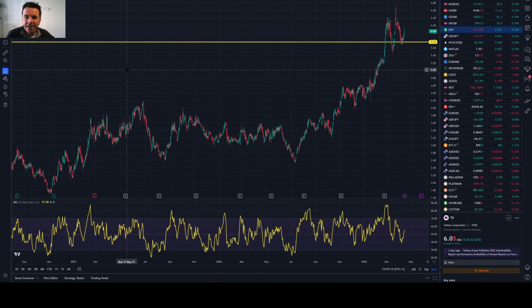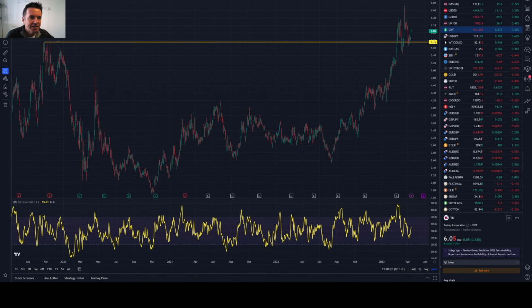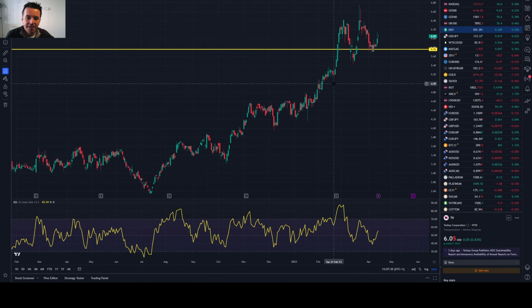If I was to buy it here at $6, the closest I would want my stop is probably $5.20. So I'm going to say, okay, the thing looks like it's breaking out. I'll give it a bit of wiggle room, but if it wiggles its way back below the breakout point, I come out. But absolutely, the trend since July last year has been up.